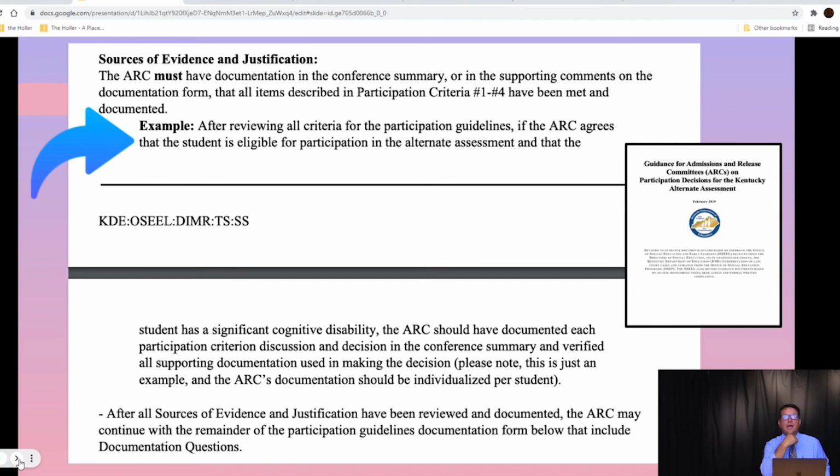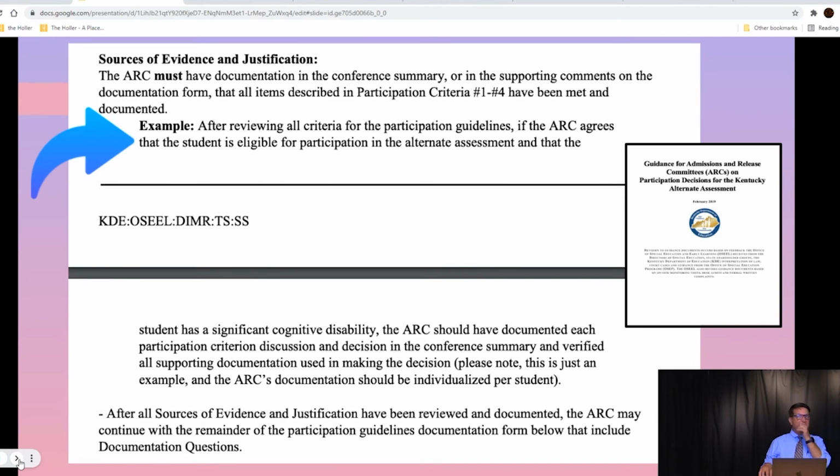After reviewing all criteria for the participation guidelines, the ARC agrees that the student is eligible for participation in the alternate assessment and the student has a significant cognitive disability. The ARC should have documented each participation criteria discussion and decision in the conference summary and verified all supporting documentation used in making the decision. And please note this is just an example, but this is certainly the kind of documentation you should have, because it says you have to make a statement about this and you have to look at all 4 participation criteria,